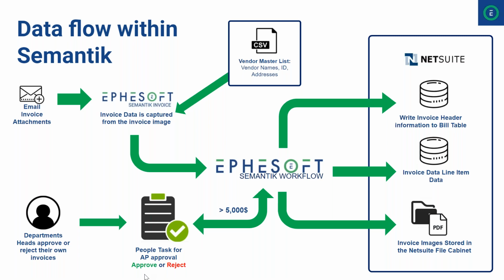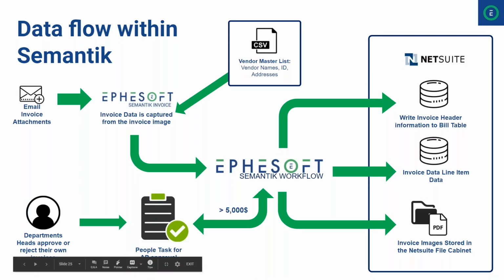Auto-populate all the NetSuite ERP fields, auto-name the file by concatenating invoice data, and put that file into the system as well. So with that said and that overview, Chris, why don't you show them AP?